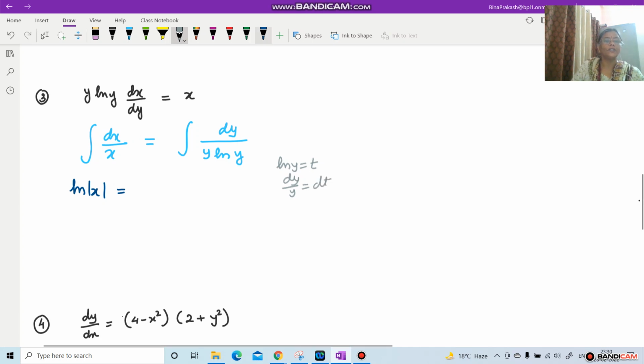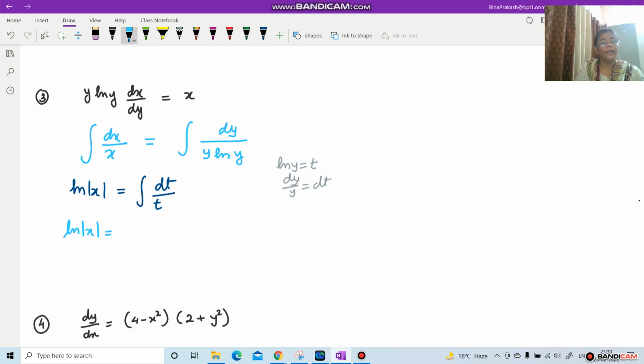So this expression changes to the integration of dt on t, because dy on y is dt and log y is t. So we have log of mod x is equal to, now integration of 1 upon t is nothing but log of t, and t is log y, so log of log y, plus